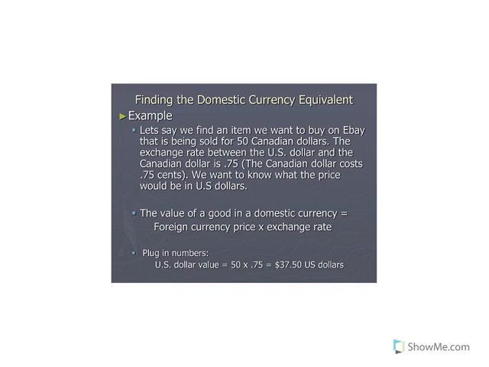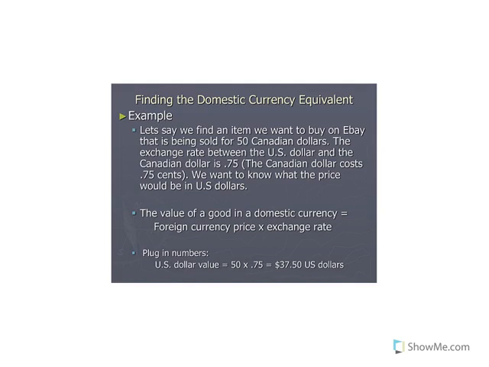So I would want to look up the currency converter rates online to see what the current exchange rate is between the US dollar and the Canadian dollar. And let's say that it is 0.75. So basically what that would mean is that the Canadian dollar costs 75 cents in US dollars. So if I want to know what the price of the item on eBay would cost me, all I would have to do is take the foreign price of 50 Canadian dollars and multiply it by the current exchange rate, which is 0.75. So 50 times 0.75 would give me a value of